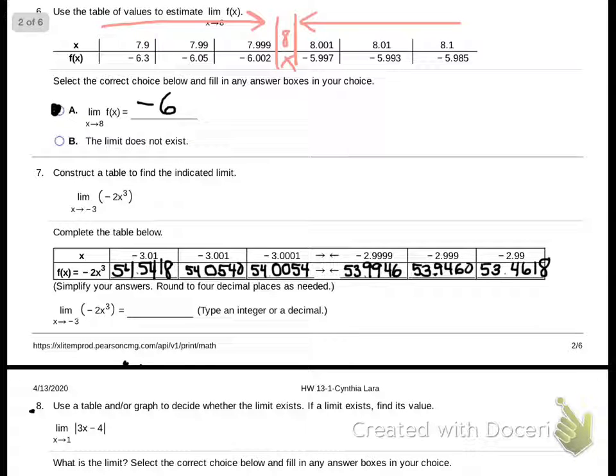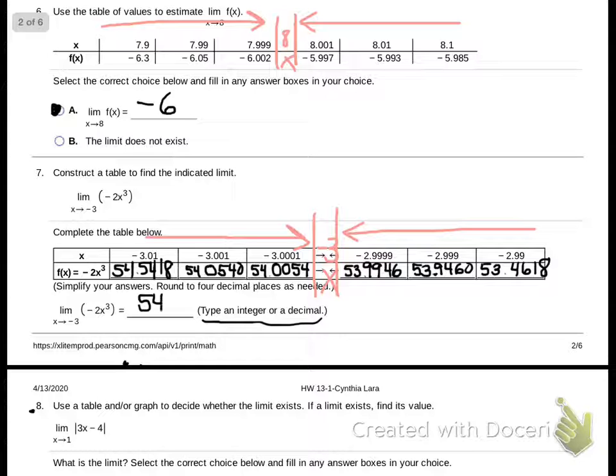All right. We're asking what's the limit as it approaches -3. Well, -3 would be right in here. Again, we don't care what it actually is at -3. What we care about is on the left, what number is it getting closer to? It looks like 54. And on the right, what number is it getting closer to? It looks like 54. So in the answers, it says type an integer or a decimal. We want a 54. It's a whole number. Okay. Now, for the next one,